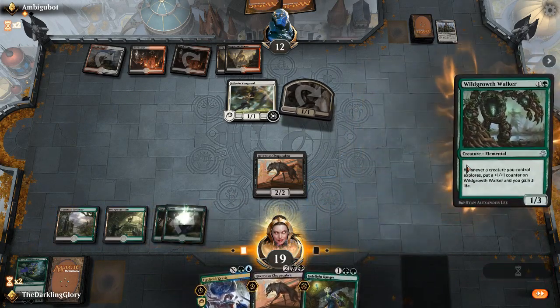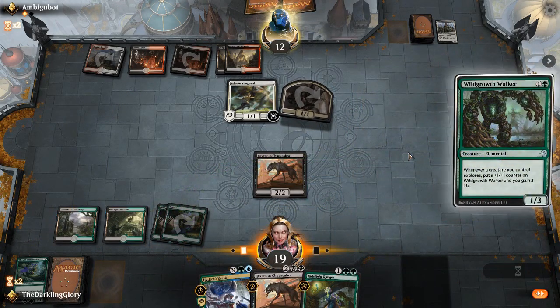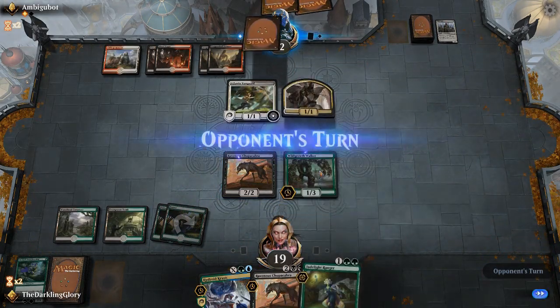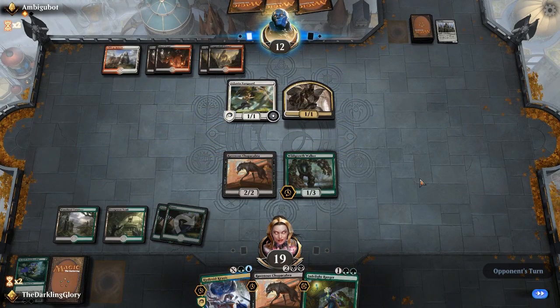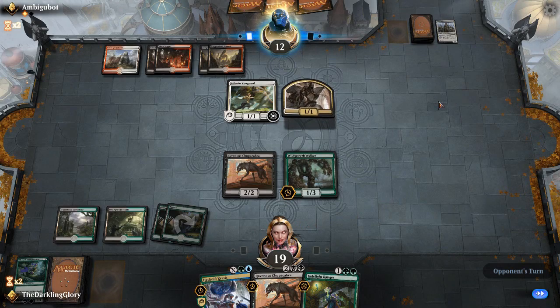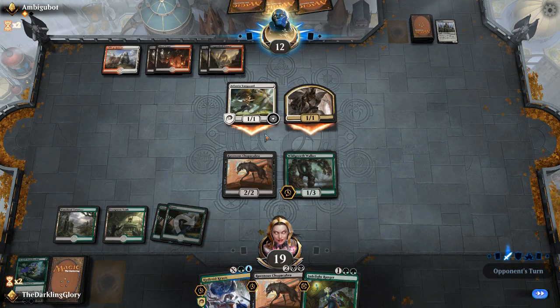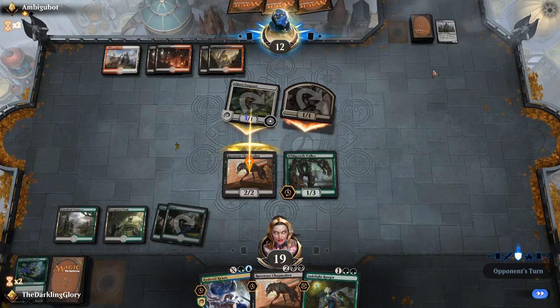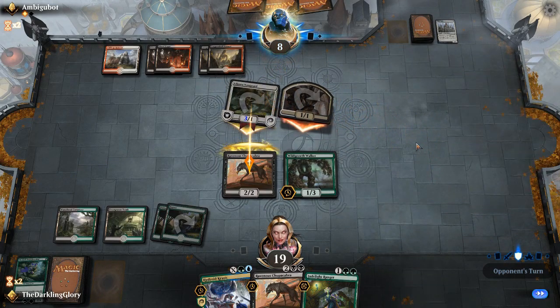Well, I'm gonna play this and pass. They're almost out of cards. And if we can go ahead and stick this, gain a bunch of life, make this really big, Adanto Vanguard is kind of invalidated at that point. So there's a 3-1 attacking into our 3-5. I'm gonna go ahead and block here. 2-2 doesn't really mean anything here. Can turn it into life. Also, their life total is getting really low, so...